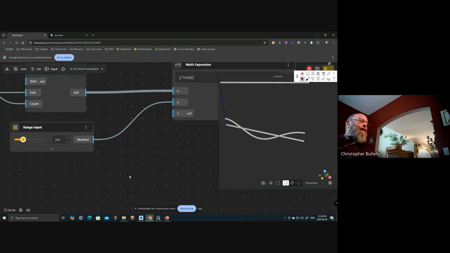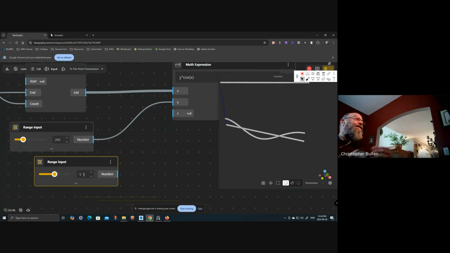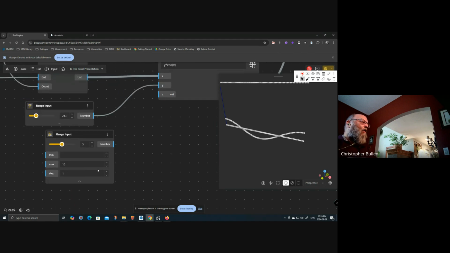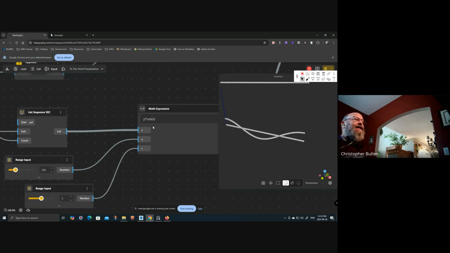On this one here, I'm just going to double click and let's say 5, and I'm going to put this as a range input. And notice I'm typing in 5 as opposed to 5.0 because 5 is going to give me an integer value for the step. If I put in 5.0, the step is going to be 0.1, so I could be a little bit more articulate. I just wanted to point that out as well. In all of this right now, I'm just dealing with integers. So what I'm going to do then is plumb this into here now,